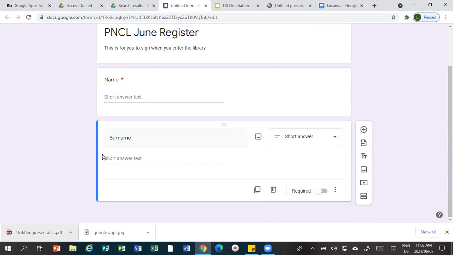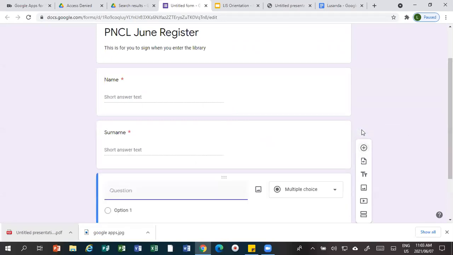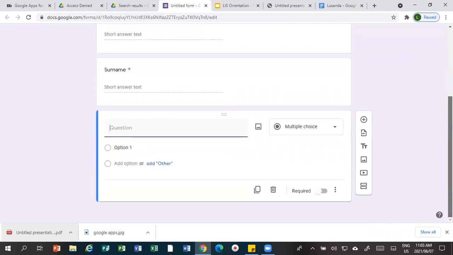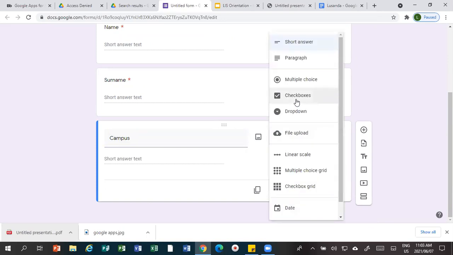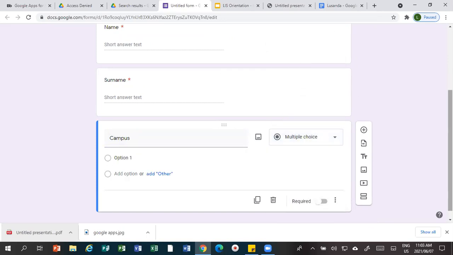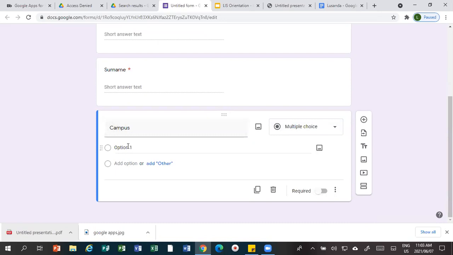Okay. And if this is a required field, I must indicate. Now I'm going to add a new type of question. I'm going to say campus on this one. Let's say there are students from different campuses here. Campus, and I don't want them to type the campus. I just want them to select. I'm going to click on the drop-down arrow and click on multiple choice, because for a campus, you are either from